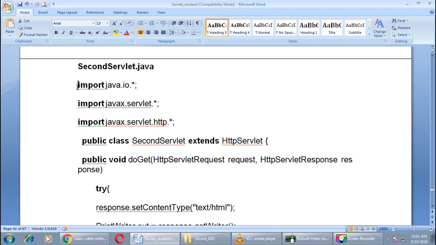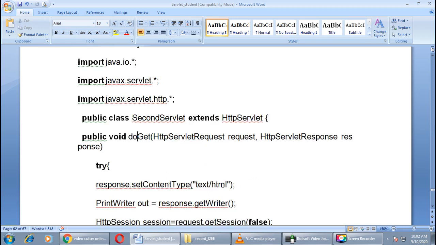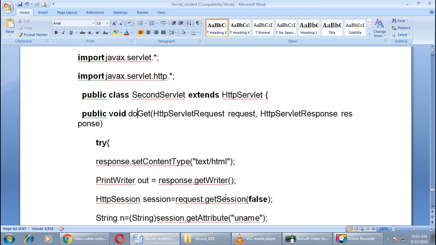Again we need 3 packages for this file. This class also extends HttpServlet. Again you can use the doGet method or the processRequest method. Set the content type, create one object of the PrintWriter class.